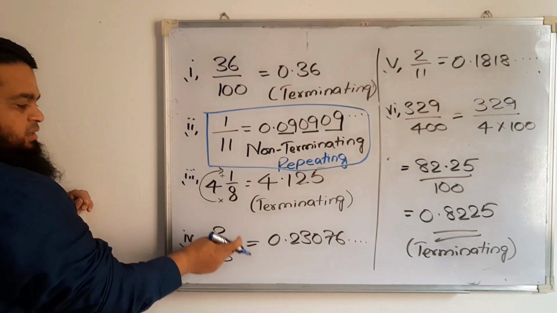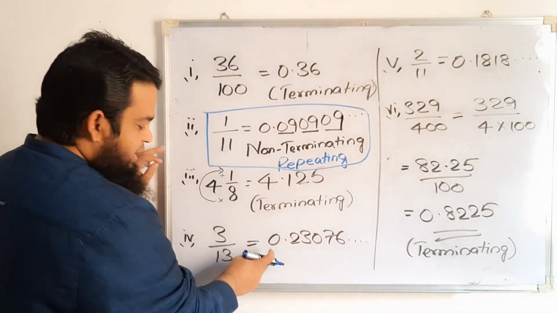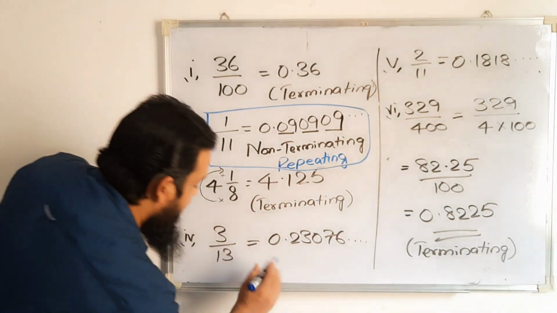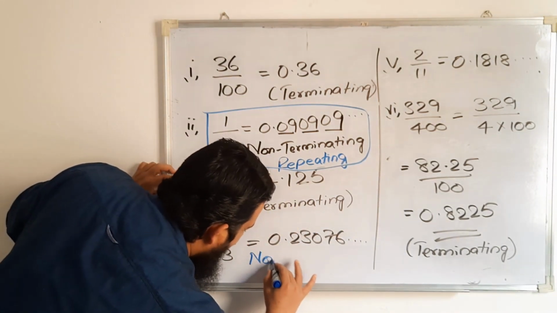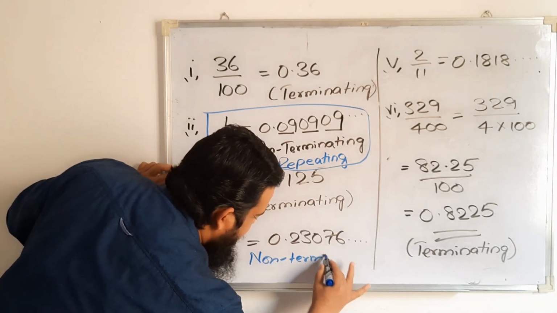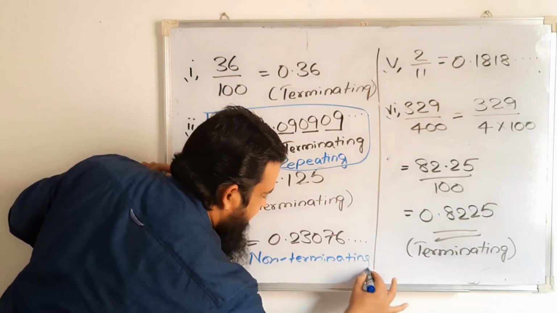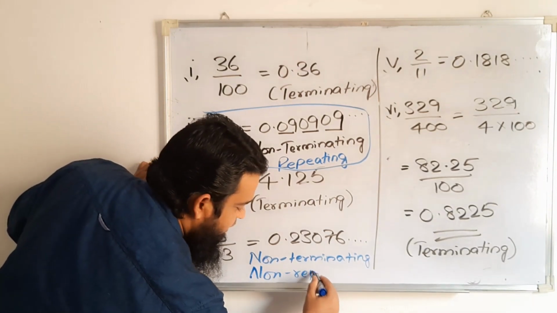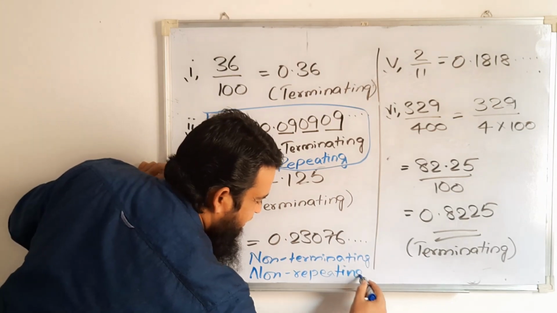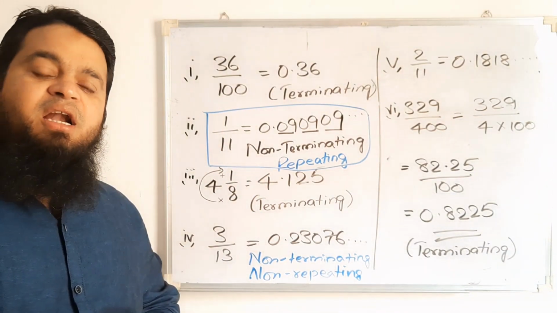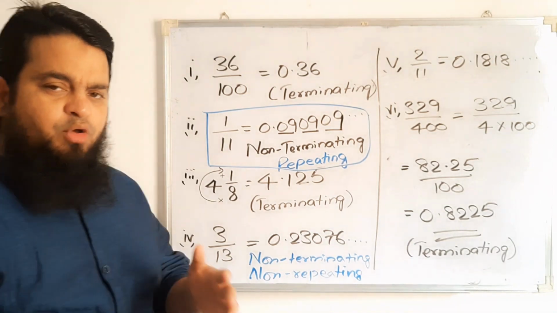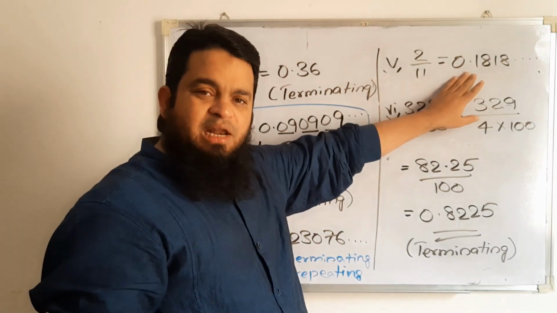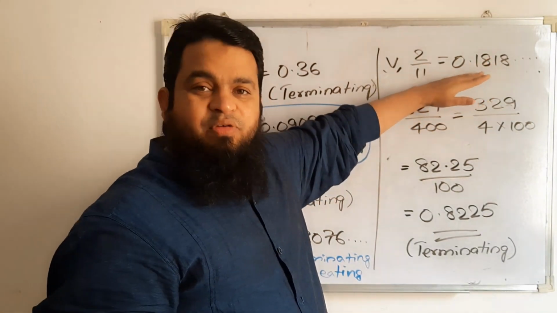Okay, now let us see. It's already written terminating. Here this decimal is not terminating, so it will be called non-terminating, and non-repeating. So this one is non-terminating and non-repeating. Yes, we know that this is an irrational number. Yes, in the same way, here you tell me which type of decimal it is.